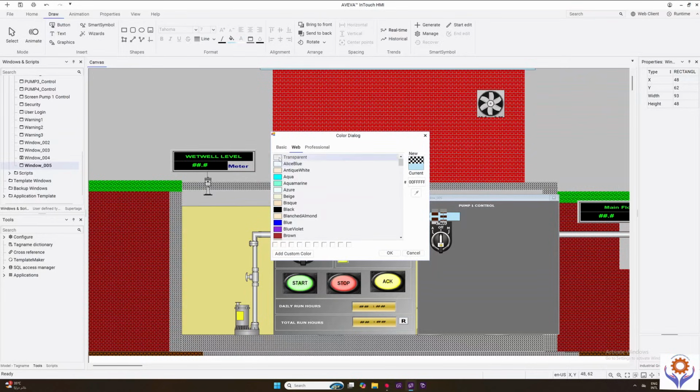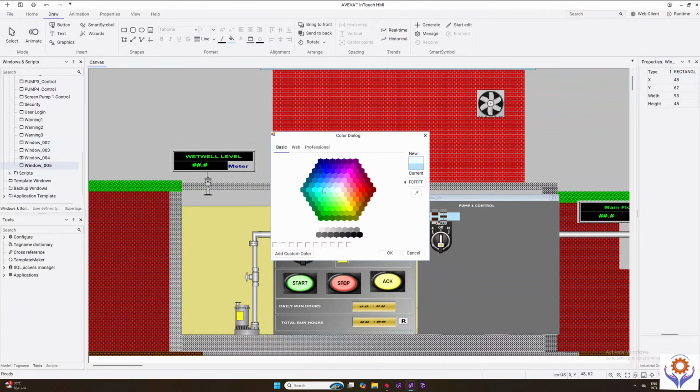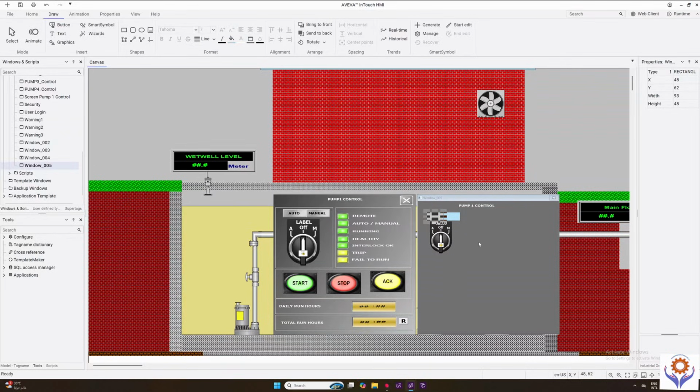See, if you select that one and double click, you can find the color. There are Basic, Web, and Professional. In Web, it will come as default, so you can find some colors which we usually use regularly. For Basic, you can find all the basic colors. Once I select the color, you can copy and paste the same color to the other one as well, because otherwise it will conflict. So I will use the same,